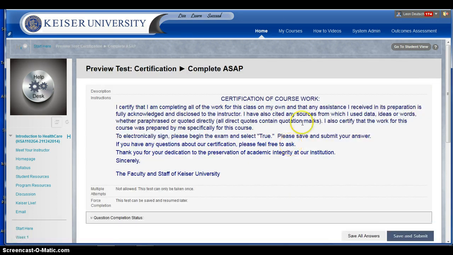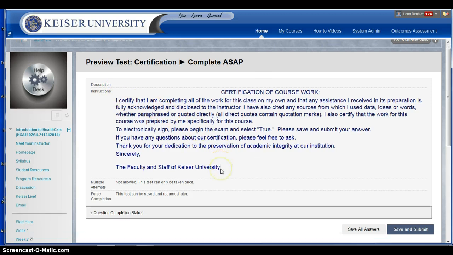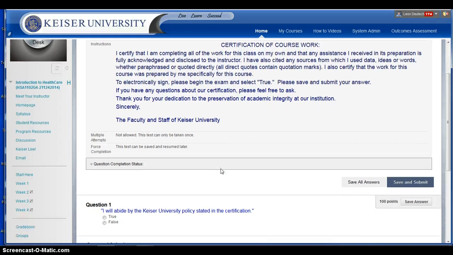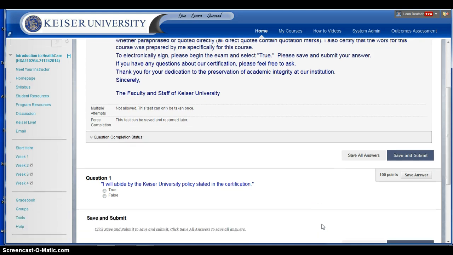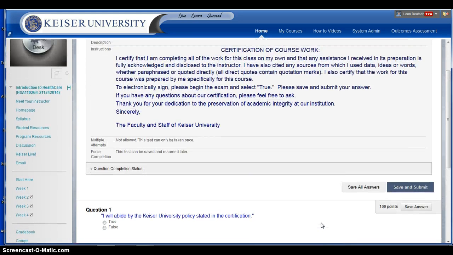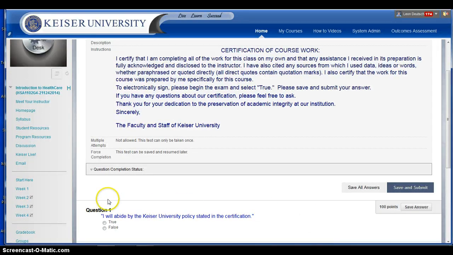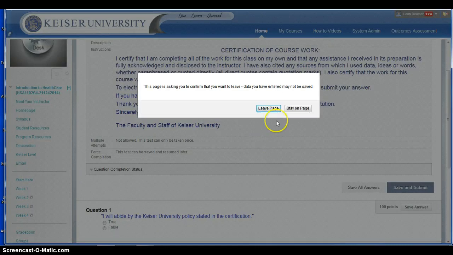Really what this is, it's a statement that we want you to read. It's basically saying that you're going to abide by the Kaiser University policy, which essentially is saying I am the person doing the work for this course. So of course the answer is going to be true, and then you hit save and submit. So just a real simple 30-second task that we ask you to do. If we go back to Start Here,